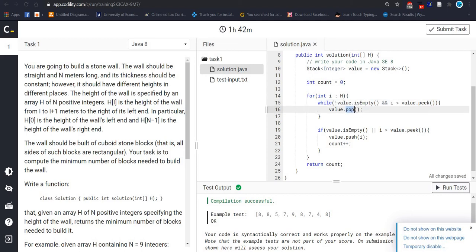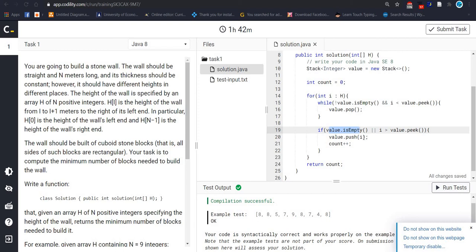Pop is a built-in method that comes from the stack data structure, and later we check another condition. Here we check if the stack is empty and I is greater than value.peek. Peek means find out the first one.